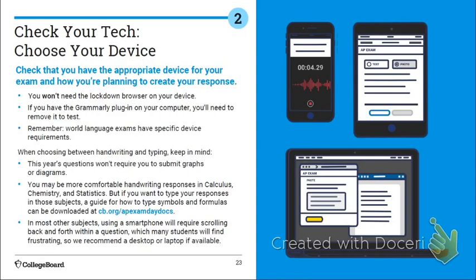And that may be different depending on which exam it is. Those of you that are going to take the AP Lang exam, your setup may be different than ours in AP Chem. Remember what I told you guys: there will be no drawing on this year's AP Chem exam.